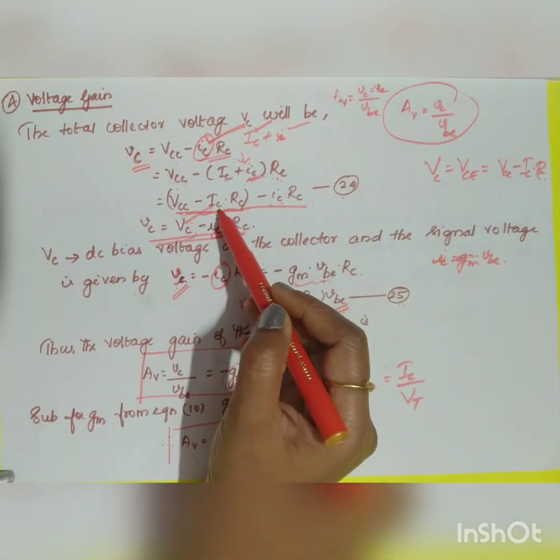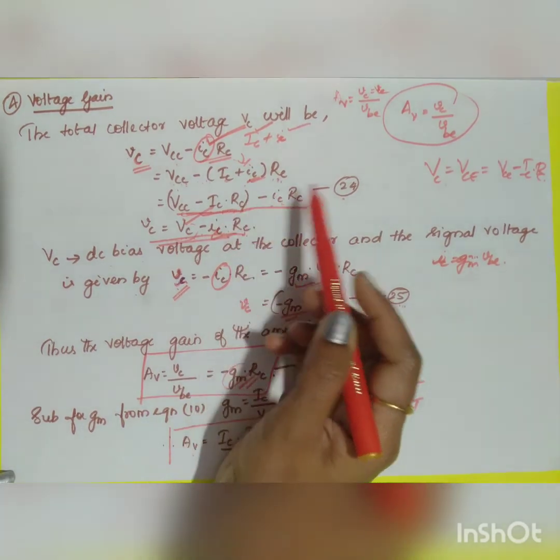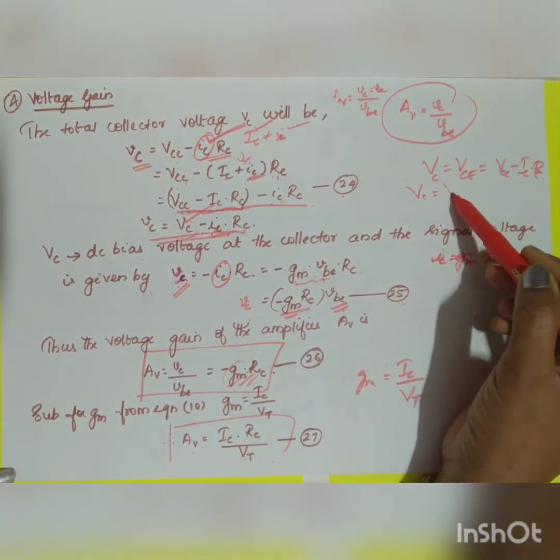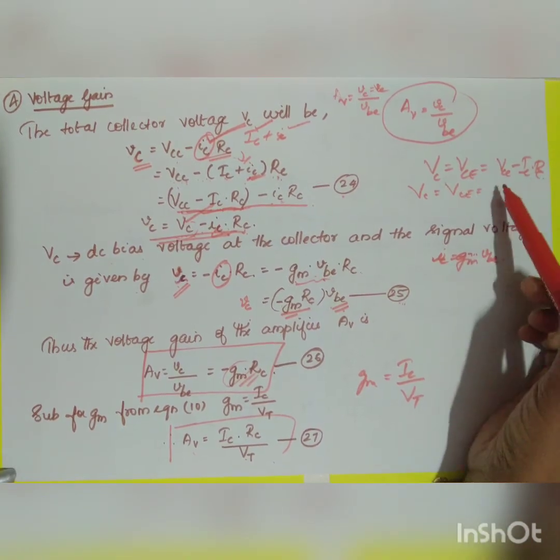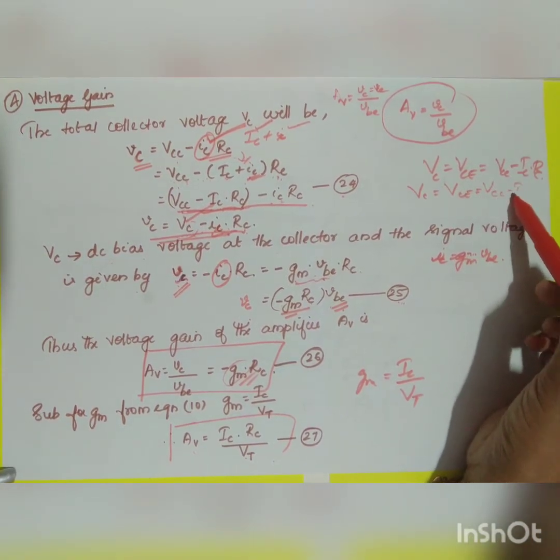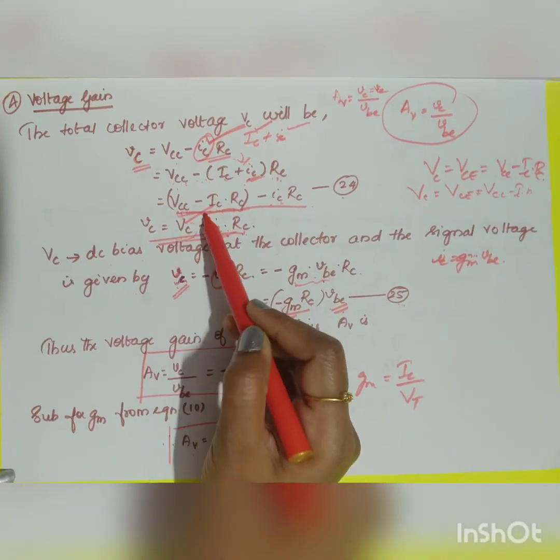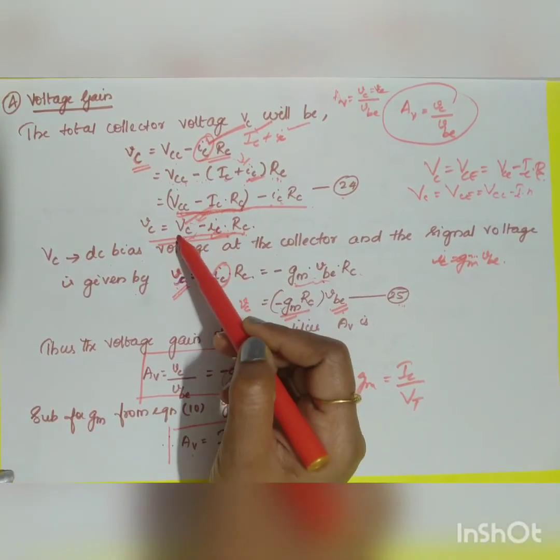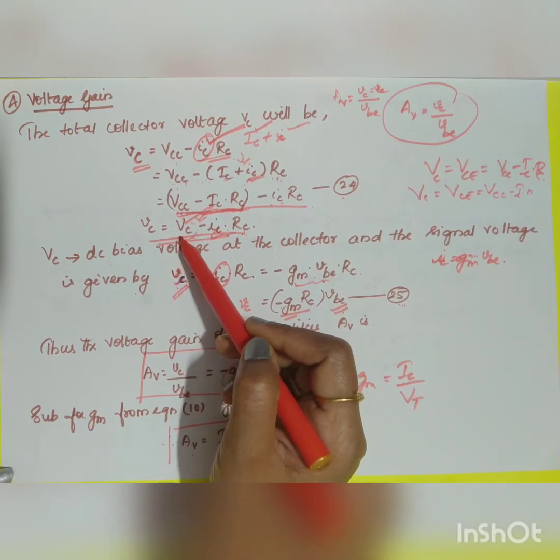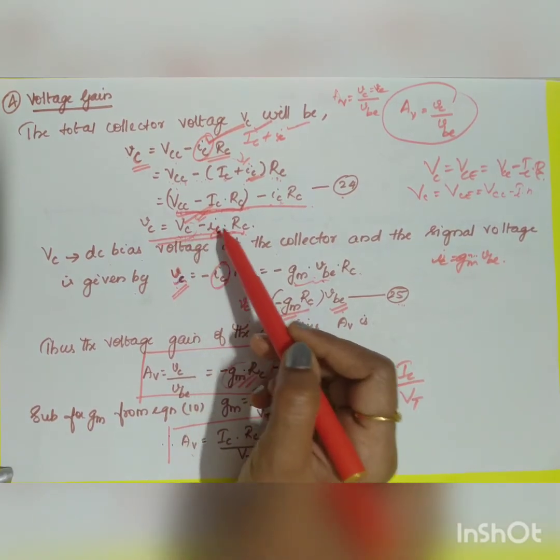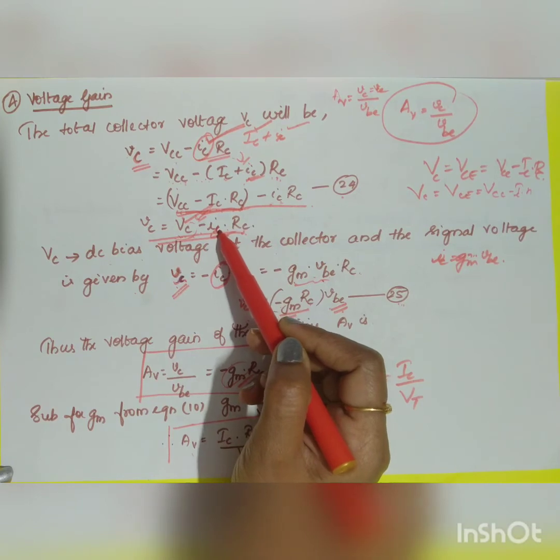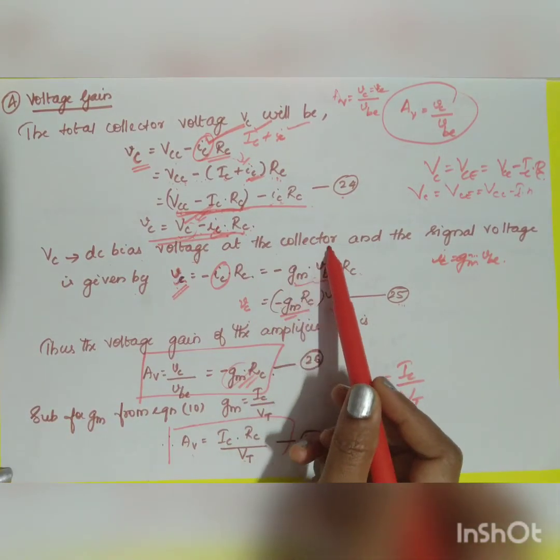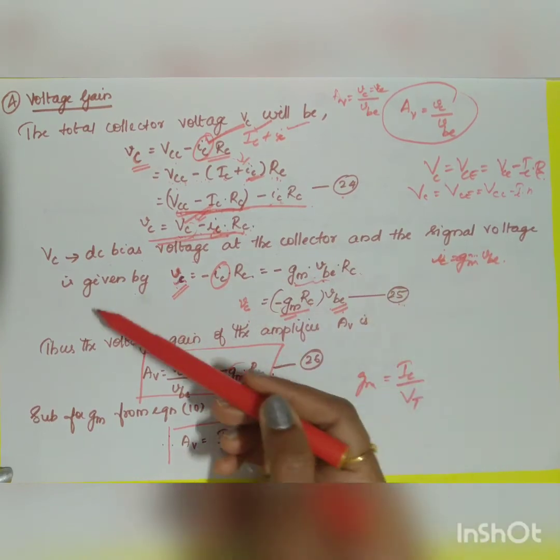What is VCC minus capital ICRC? From the equation you know that VC is equal to the output voltage, VCE for DC condition, which is equal to VCC minus ICRC. That is what this first part is. So VCC minus ICRC can be replaced by capital VC, which is nothing but the output voltage for DC bias condition, minus small ic into RC, where VC is your DC bias voltage at the collector and the signal voltage is given by